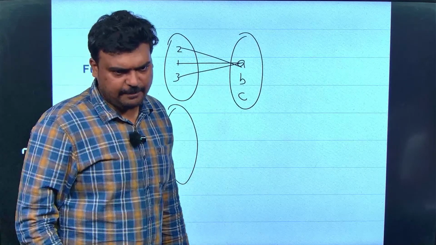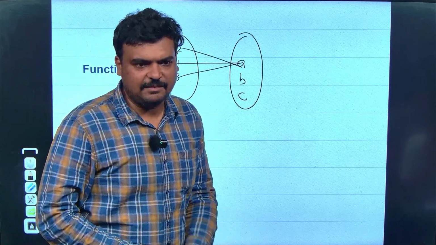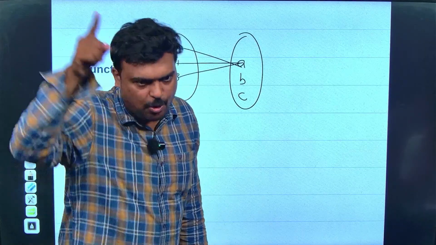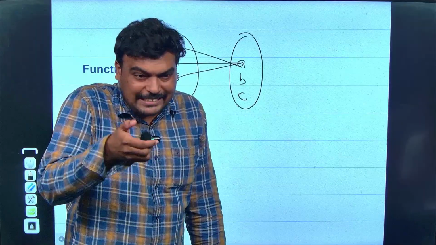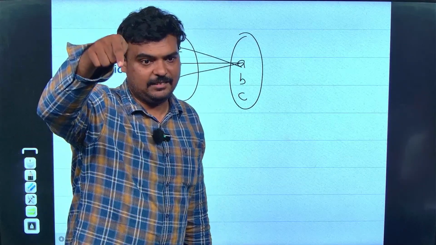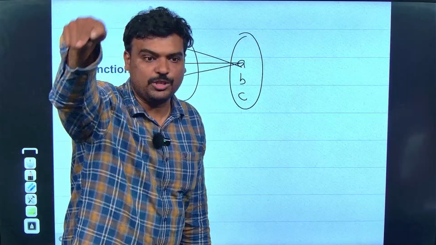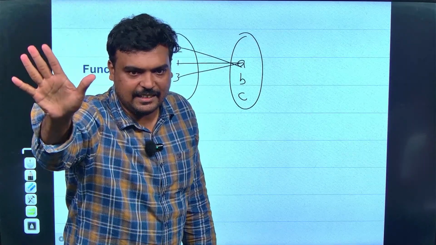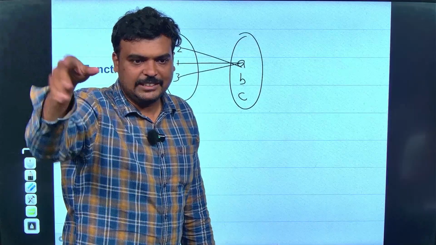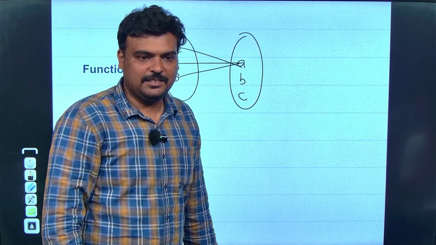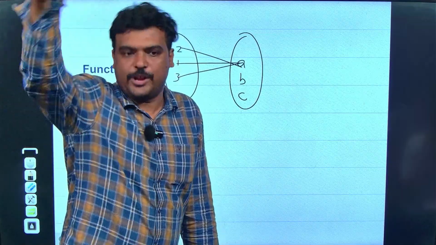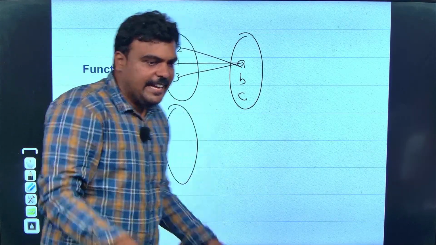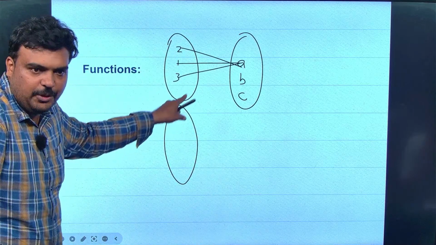I'll say an example. I want to go to a particular channel, right? I can press up and go to the channel. I can press down and go to that channel. I can press the number, I can go to the channel. Same output. சன் டிவின்னு வச்சுக்கோ, நான் நம்பர் அமுக்கியும் போகலாம், சேனல் பிளஸ் பண்ணிட்டே போய் அந்த சேனலை போய் நிறுத்தலாம், மைனஸ் பண்ணிட்டே வந்து அந்த சேனலை போய் நிறுத்தலாம். I gave 3 different inputs to get the same output.